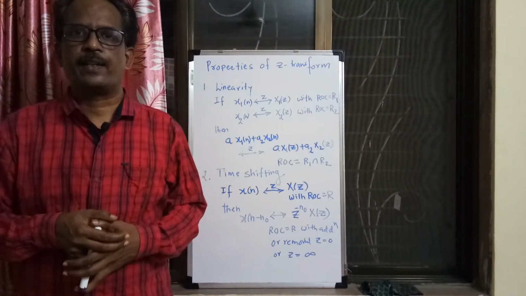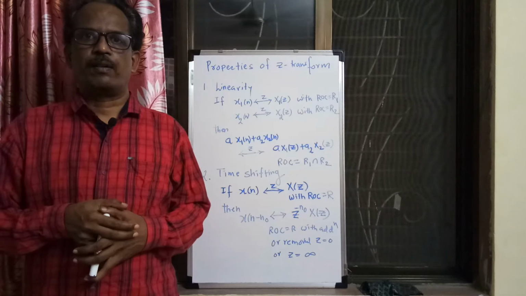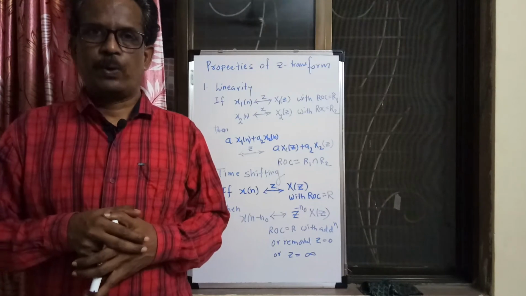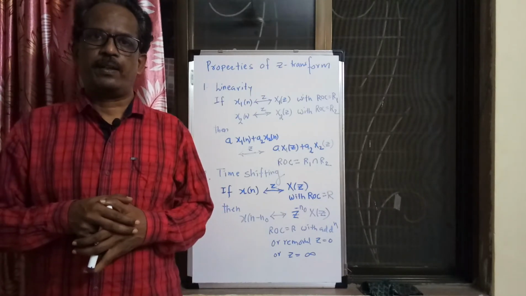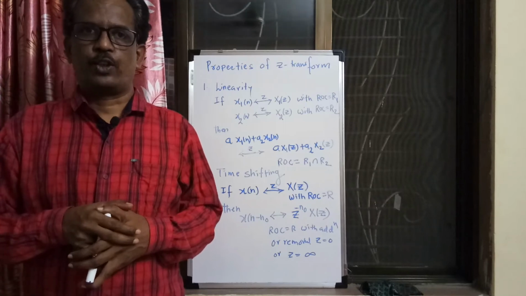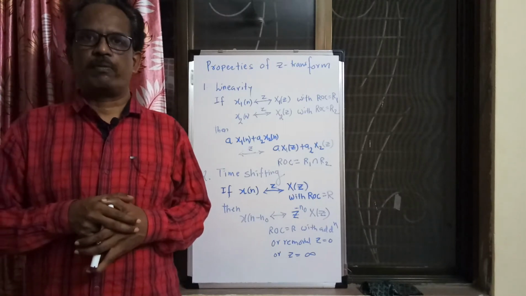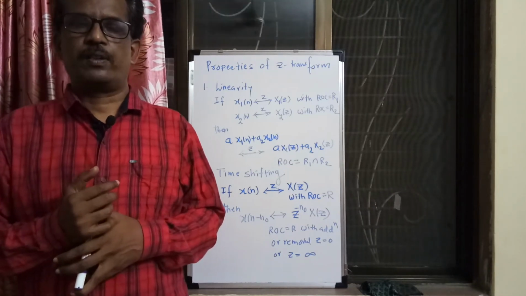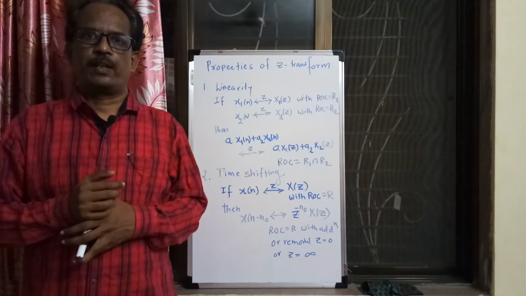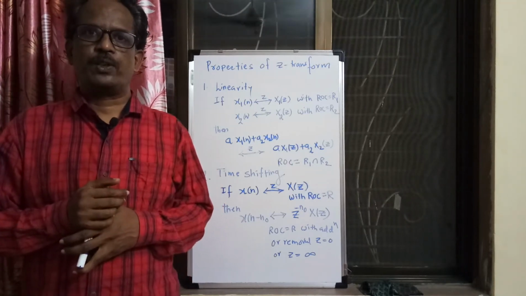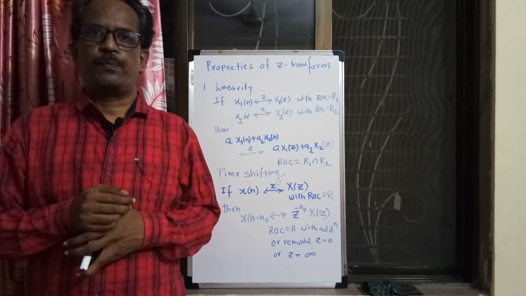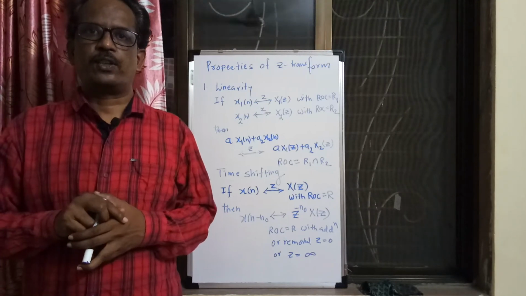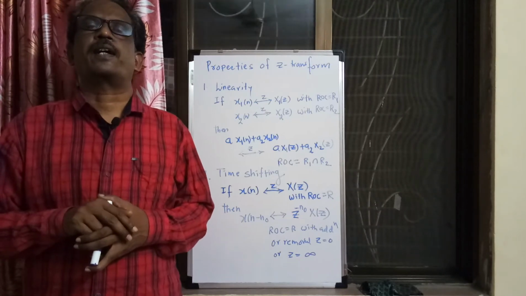Likewise, I will be explaining each of the properties, and then on each of these properties I will take problems, which will help you understand how to find the Z transform and how to find the ROC of the Z transform. In the morning session, the video which we prepared as the second part on Z transform, I told you that Z transform is useful when you are having a discrete time sequence and discrete time system. It is exclusively used for analysis of discrete time signals and discrete time systems.